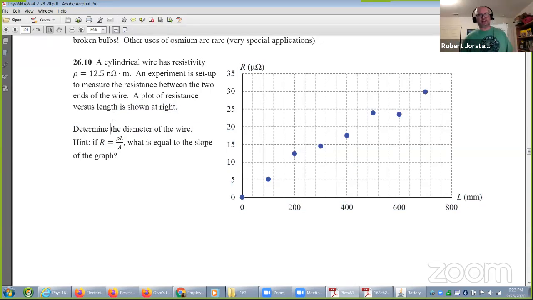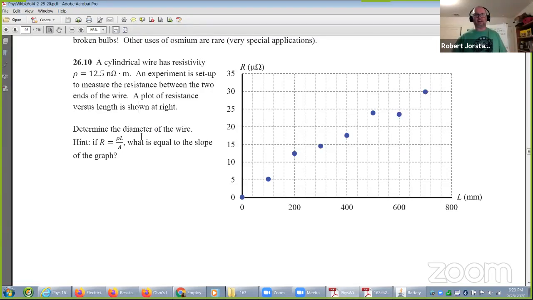So now in this case, for this particular problem, I gave you the resistivity and we're going to figure out the diameter. I think in tomorrow's lab, I gave you the diameter and you got to figure out the resistivity. So it's not exactly the same, but it's pretty darn similar, okay? All right, in this case,